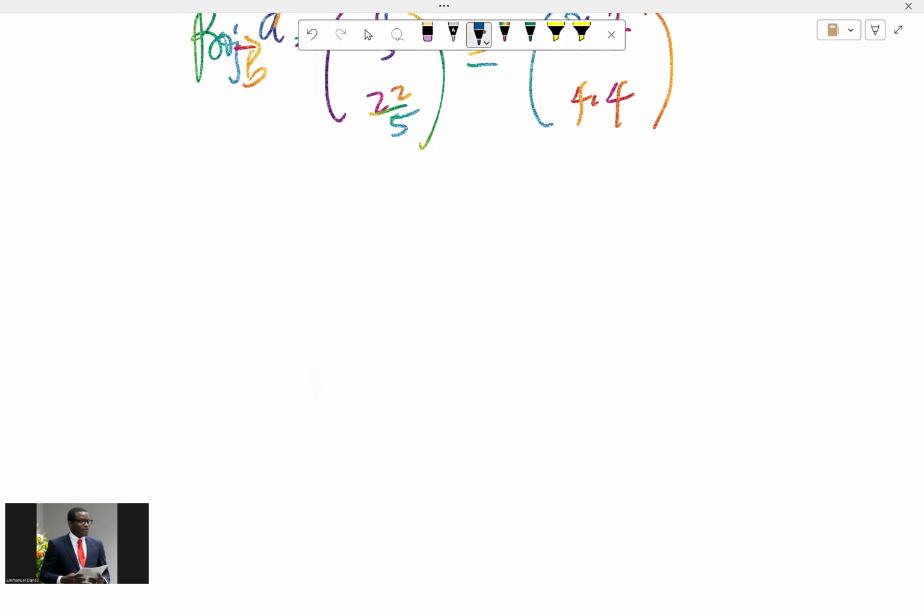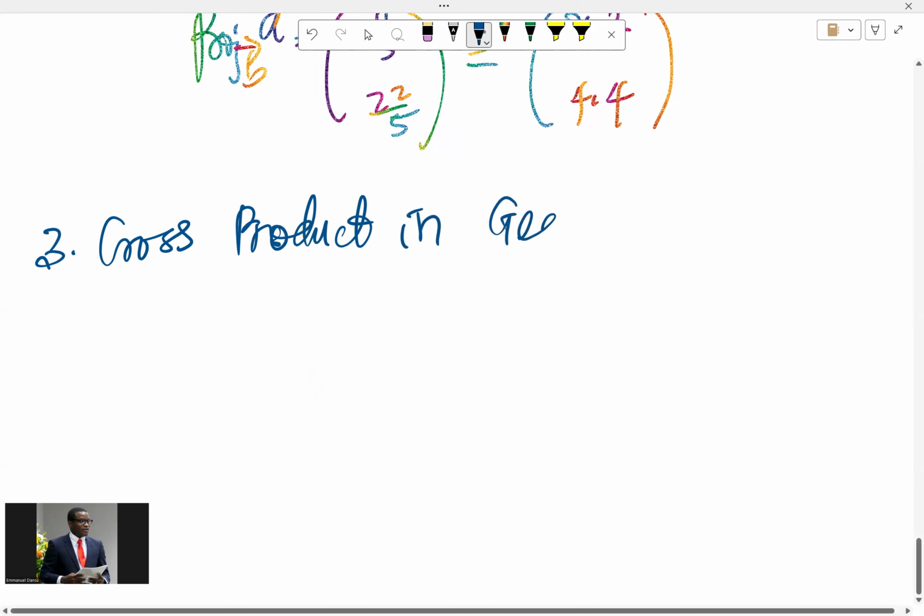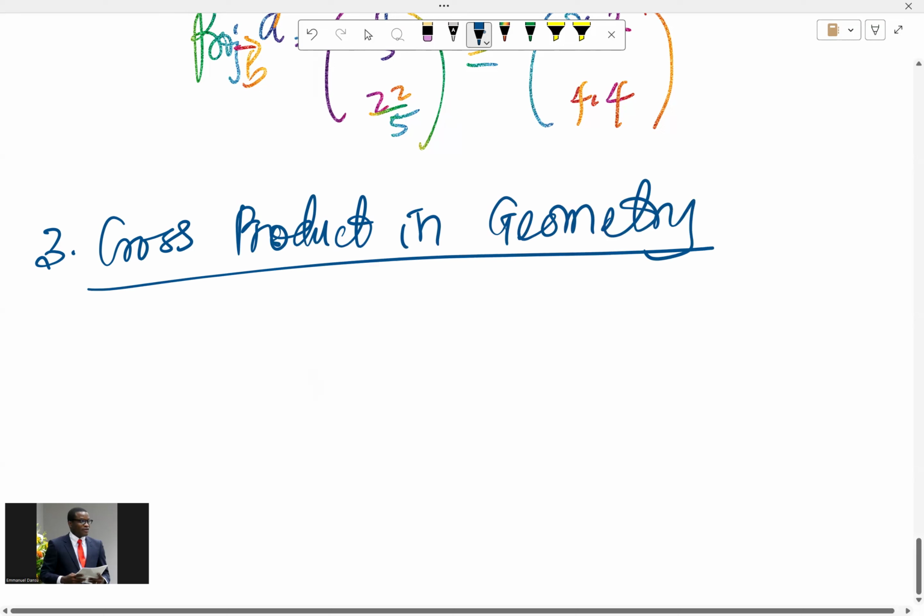So let's talk about the third application of vectors in geometry, and that is cross product in geometry. Cross product has a geometrical meaning. We saw cross product under vector operations. So cross product in geometry. The area of a parallelogram